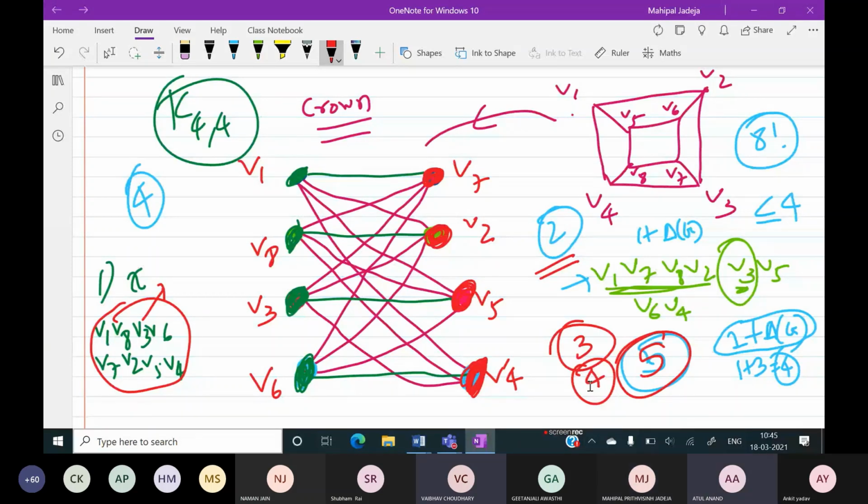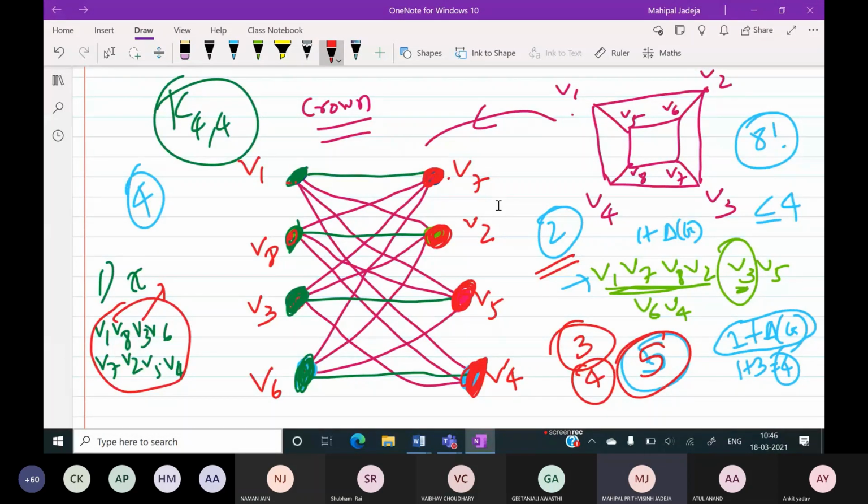Yes, because what will happen, even if you consider cross edges and go to the second partition, there will be one color that will always remain, which we can reuse whenever you are considering the third vertex. So, for example, you are starting with, let's say, V1, and you go to this partition and you use color green here, and let's say V1, V7, and then you are considering V8. Then since V8 is not connected with V1, you will be able to reuse the same color, which is nothing but green in this particular case. And the same idea will carry forward with respect to other vertices like V2, V5, and V4, and so on.